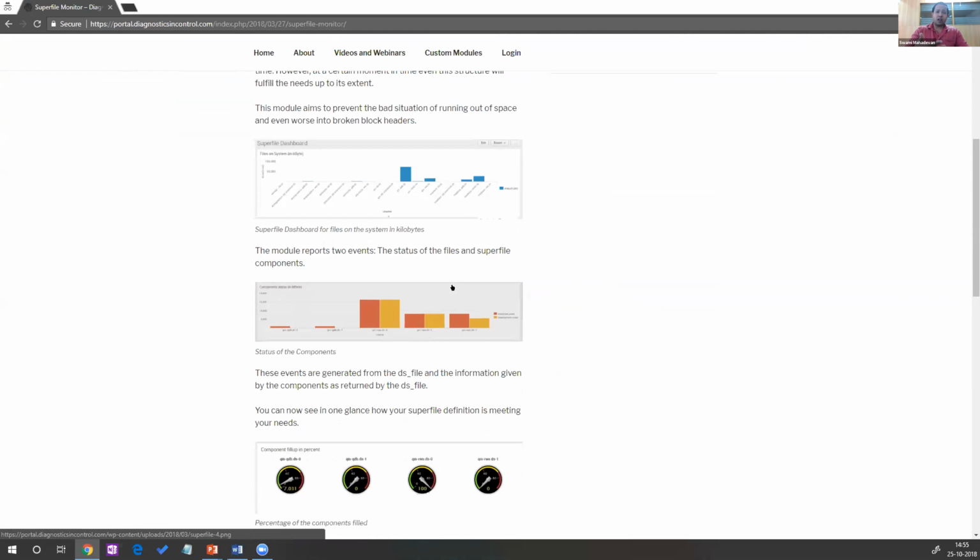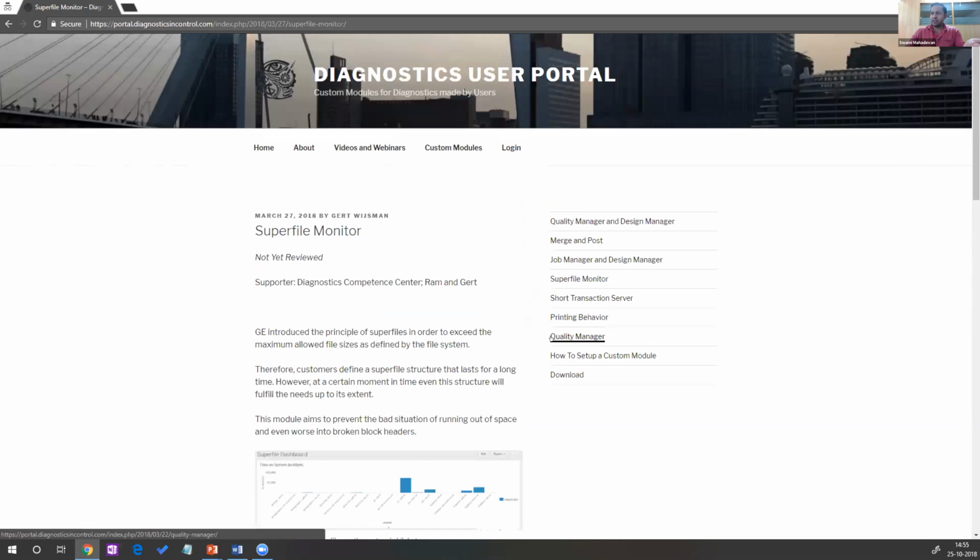It gives you a report and analysis, based on the trend of growing data being inserted into a particular data set. It analyzes that and gives you a summary on how soon your data set size will expire and how soon you would have to add a super file to it. So with dashboards such as these, our clients build them and share them over here.